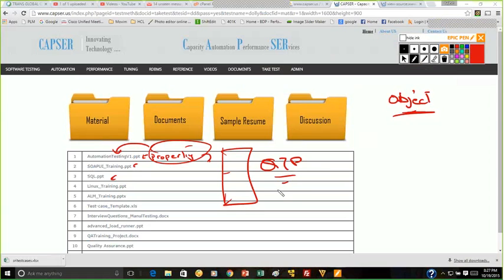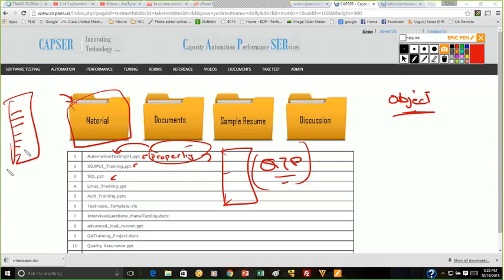Do we link up the property to this object while writing the script? That will automatically be done by QTP. Once I tell QTP that I want to identify this particular object, it will take this particular property and put it in a location where it will save all these values.